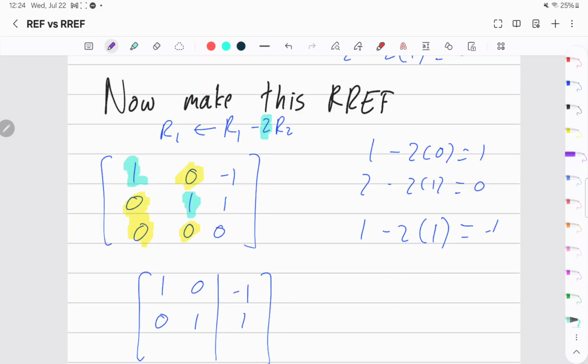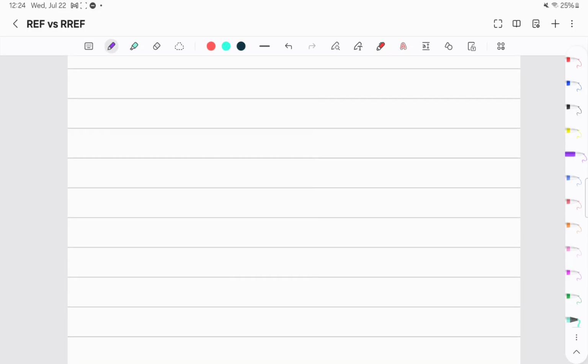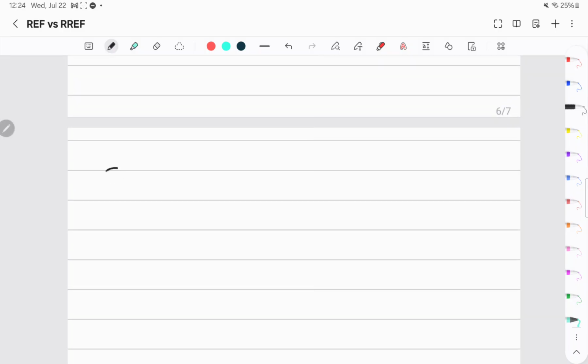Now, from my side, this was the only thing that I wanted to teach. If you want to give it a shot, try solving this matrix: 1 3 2, 2 7 5, 1 4 4. Try solving this one and put your answer in the comments and tell me if you need more help with it,